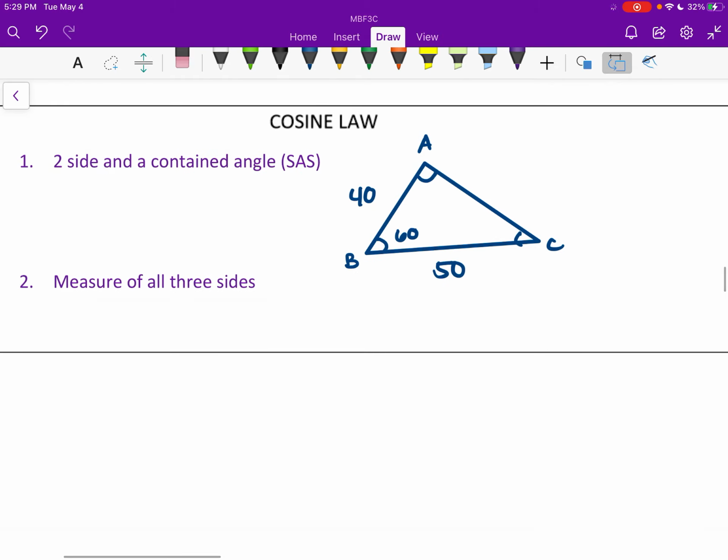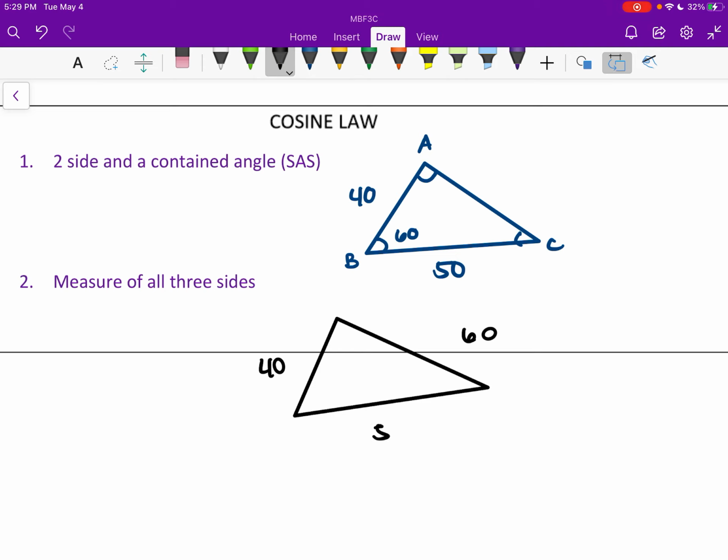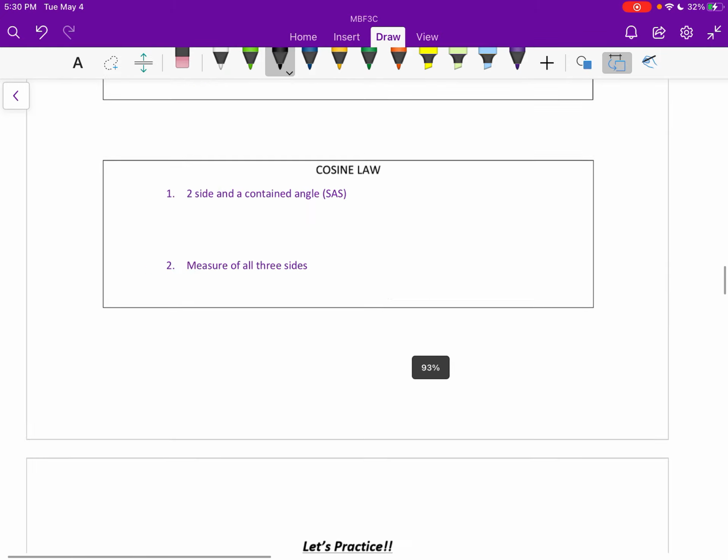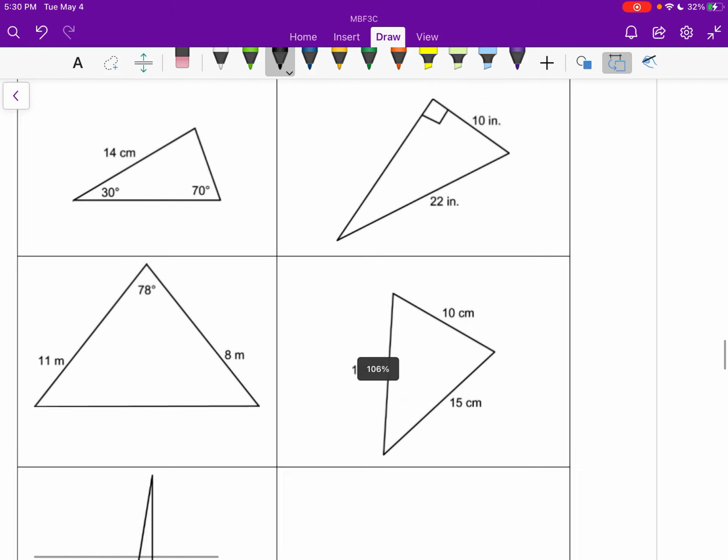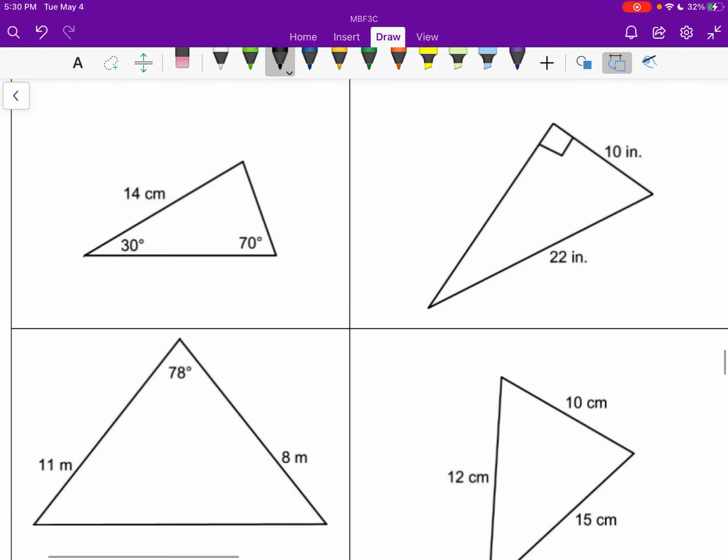Or if you're given all three sides, right? So if you're given a measure of all three sides, so you're given 40, 60, 50, right? And you're given no angles, then you have to use cosine law as well. All right, so let's just do a little bit of practice. We're not actually going to solve these. You can solve these on your own in your notebook, but we're just going to go through and see which